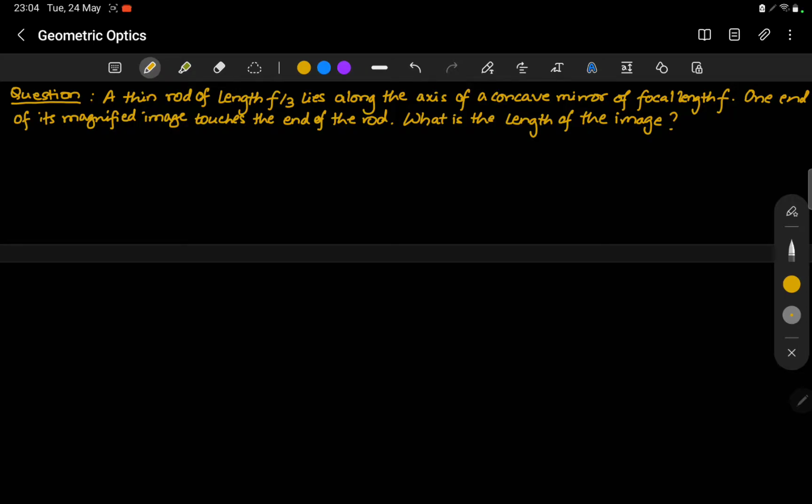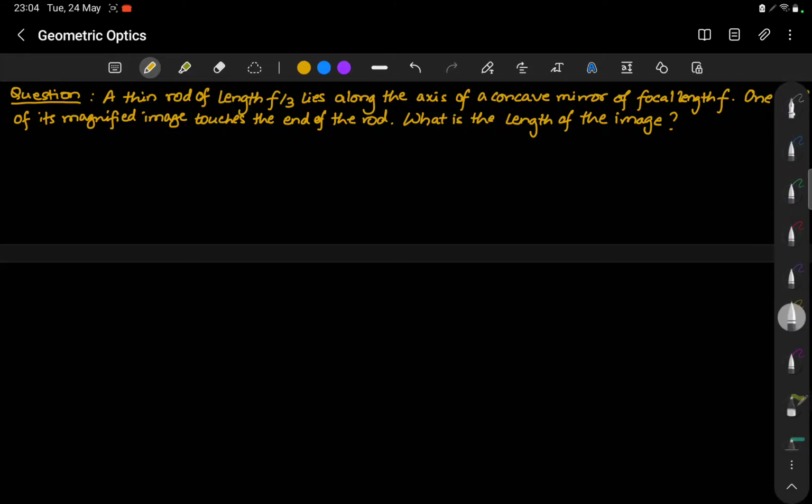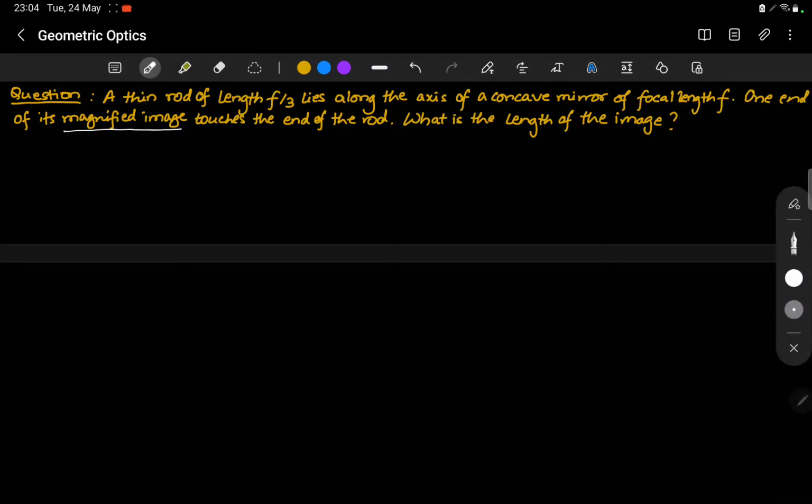So this is a question in which we are dealing with a concave mirror. Earlier we were dealing with refraction from spherical surfaces. This one is a question based on reflection from spherical surfaces. So let us draw the diagram for this question. The key point over here is that the question says that the image is magnified. So in a concave mirror, magnified real image, so to say,